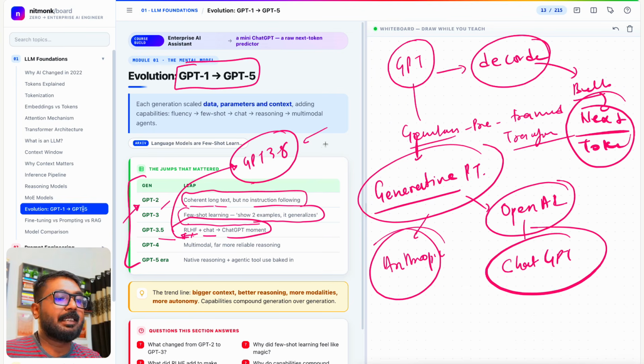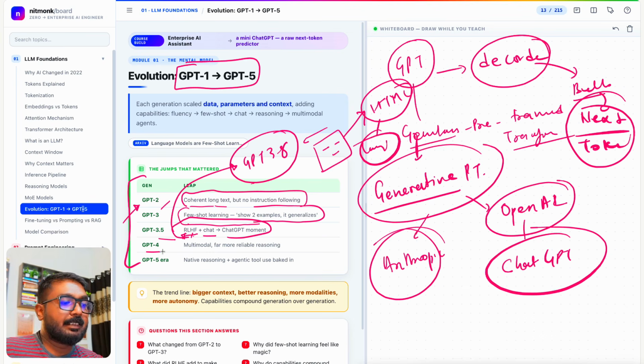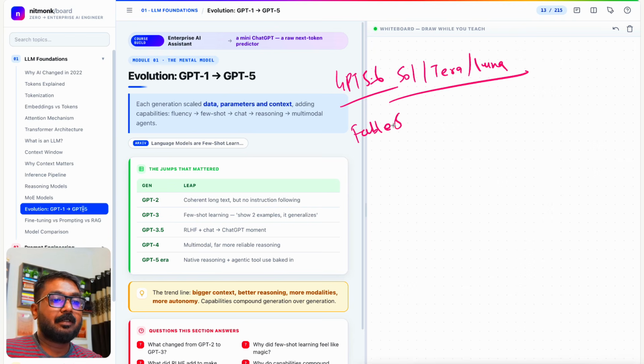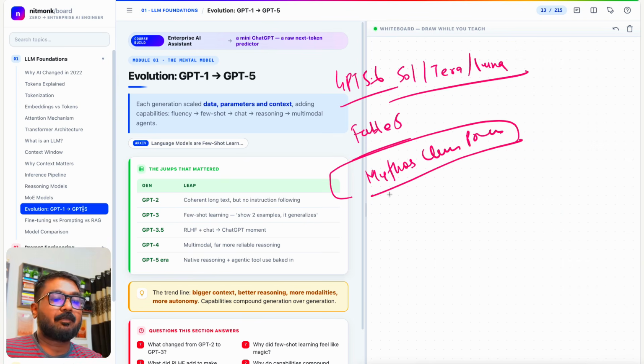I think this was the major video that we saw, about sending, let's say, a text, and it was generating a complete HTML page by itself, or let's say a website or landing page, right? There is GPT-4, that is multimodal, with far more reliable reasoning. And then we have the GPT-5 era. When we are talking about Soul, Terra, Luna, right? When we are talking about this GPT 5.6 family, right? When we are talking about Fable 5, correct? When we are talking about Mythos,